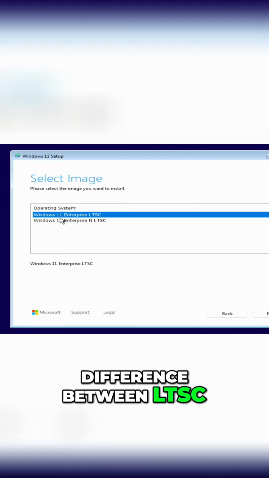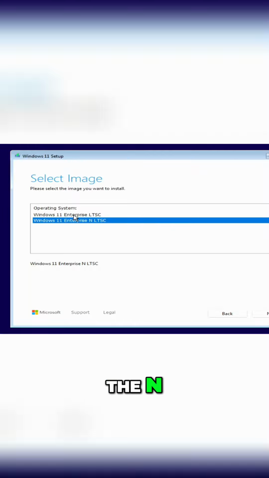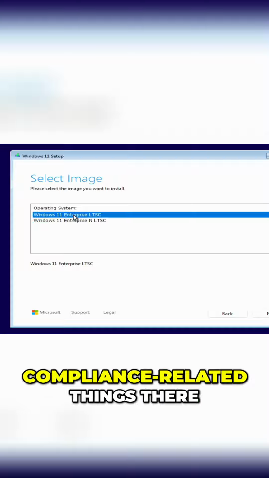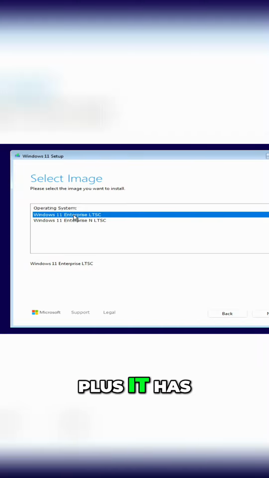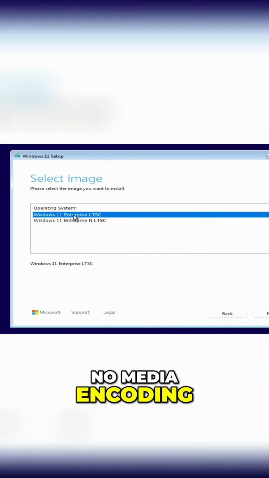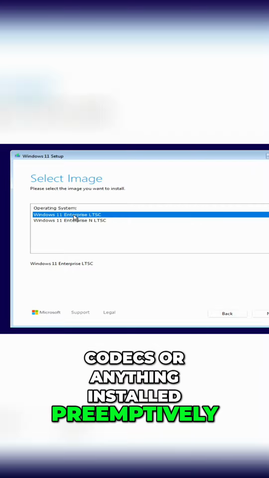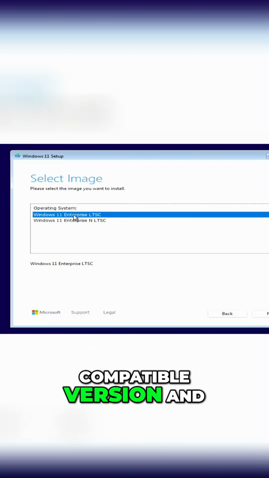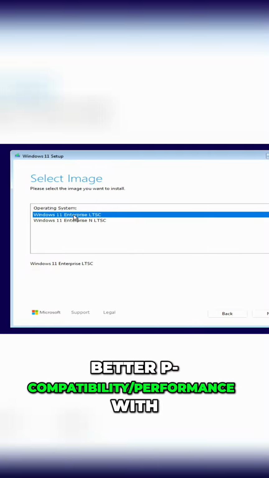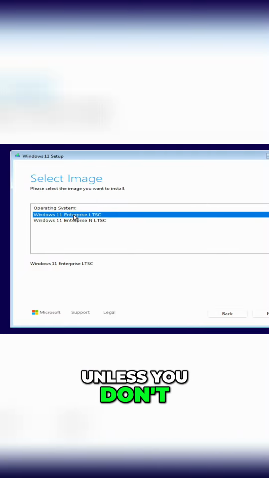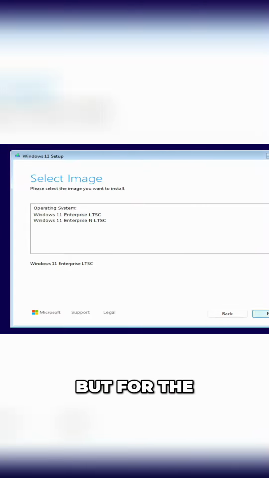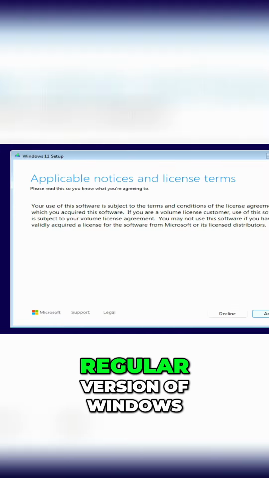Now, the difference between LTSC and LTSC N is that the N version has a little bit more with the EU and some of the compliance-related things there, plus it has no media encoding, codecs, or anything installed preemptively. The regular version of LTSC is going to be your most compatible version, and you'll find better compatibility and performance with it, unless you don't need the codec stuff, in which case, depending on what this is going on to, you can just click the N and it'll be fine. It'll use less resources. For the sake of this video, let's go ahead and do the regular version of Windows